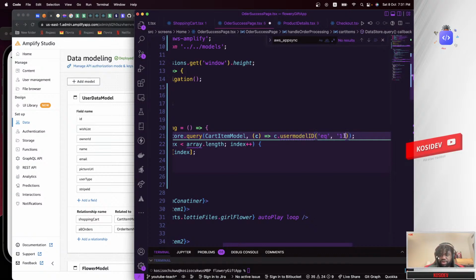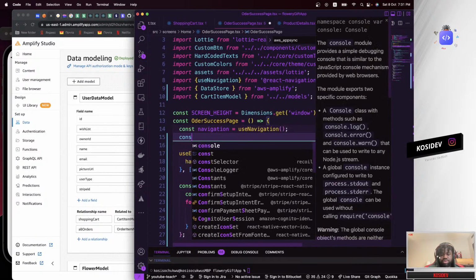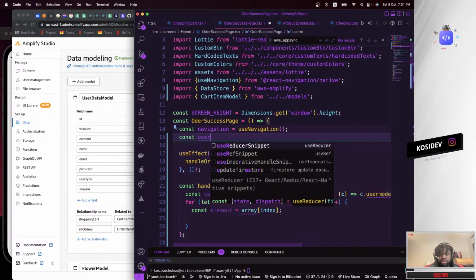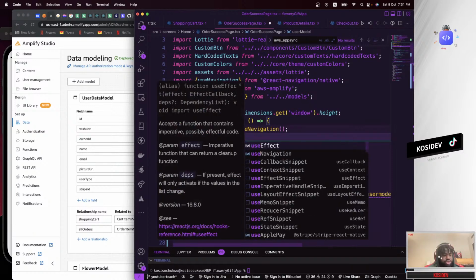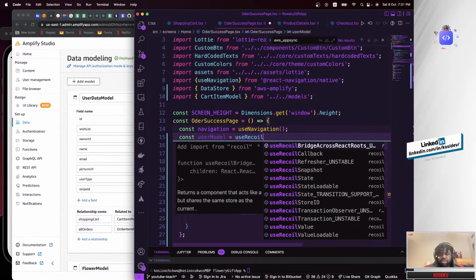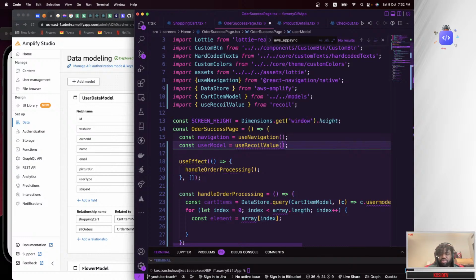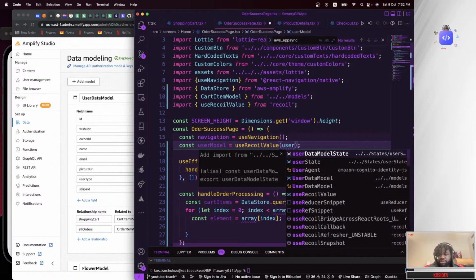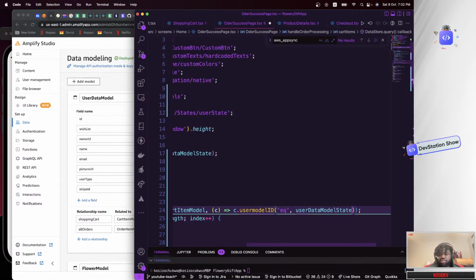I'm going to say where is equal to a constant userModel, which is equal to useRequiredValue. So we want to get our user model. It's coming from user model state. I'm going to say userModel dot id.